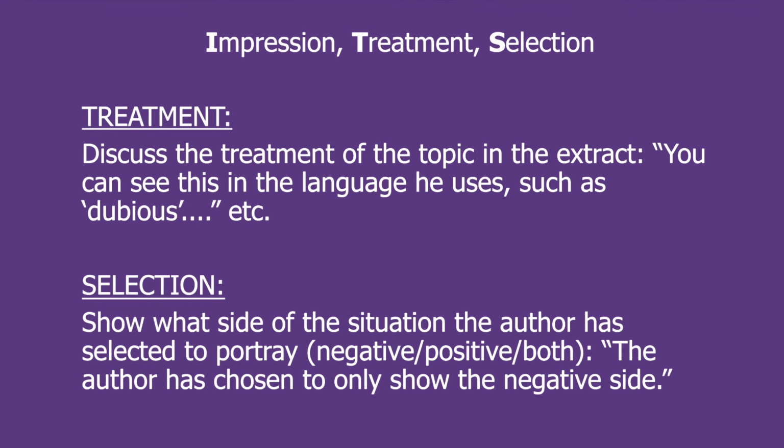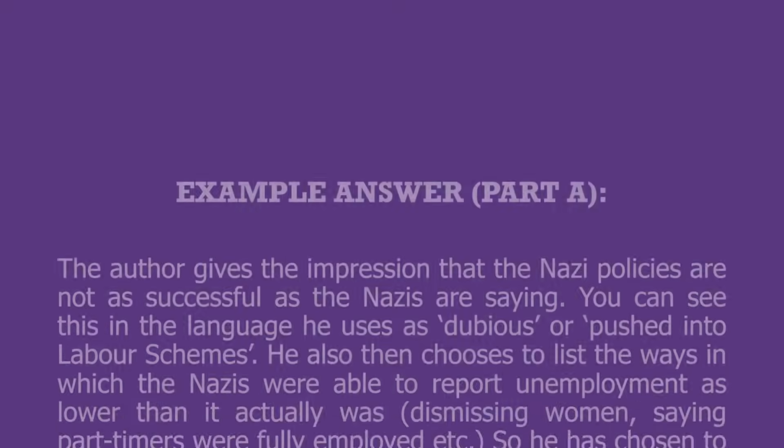And so you have to determine what side of the situation he's trying to show, and once you do that, you should include it in your answer for sure, usually towards the end. So for example, the author has chosen to only show the negative side. You can keep this as your concluding statement, or you can add additional information as well, just a few lines, and I'll show you this in the next thing that I'm going to show you, which is an exemplar answer